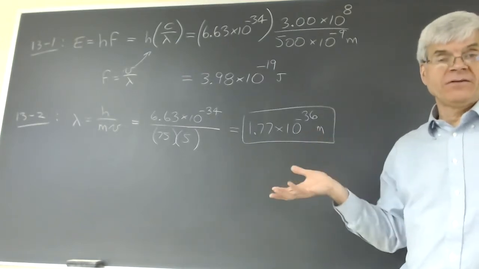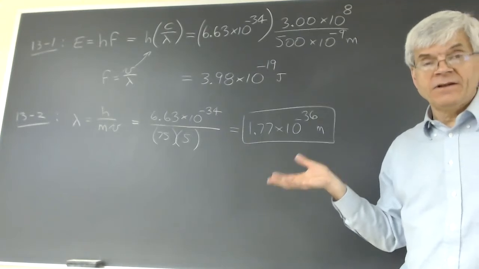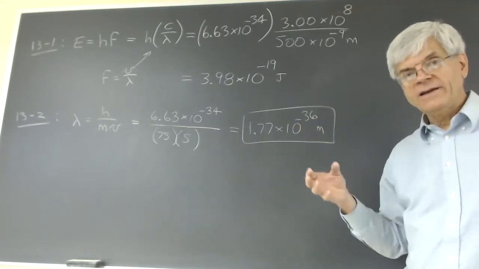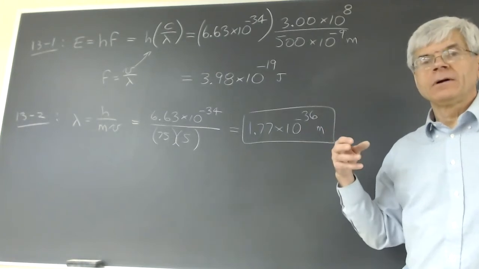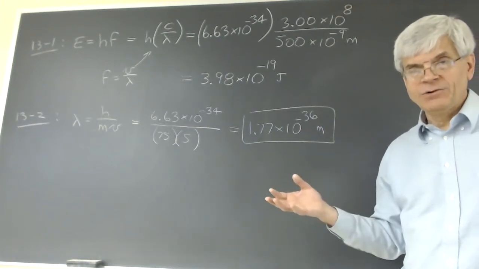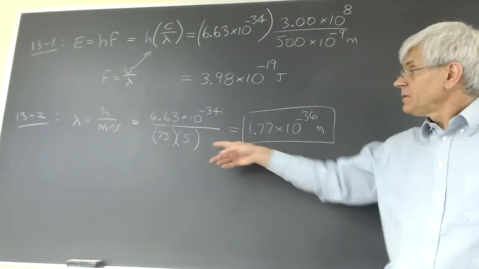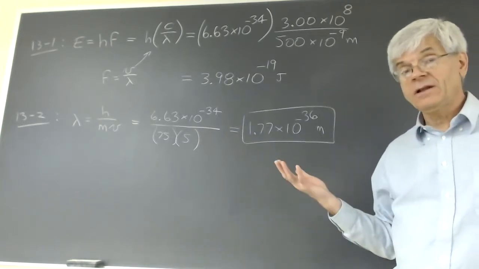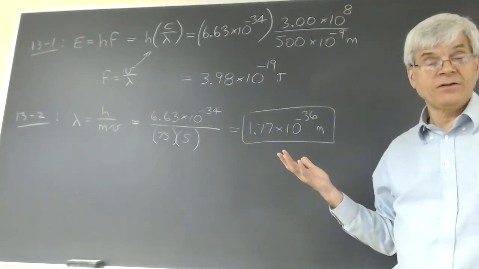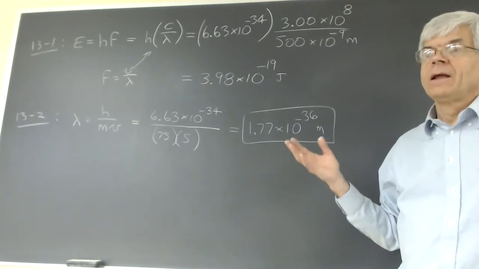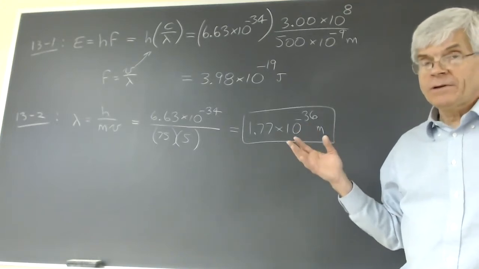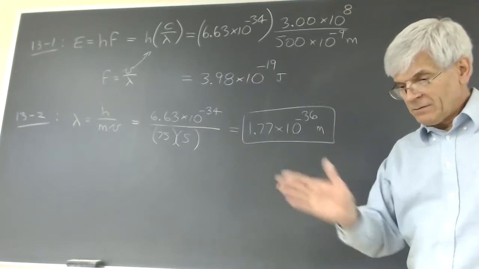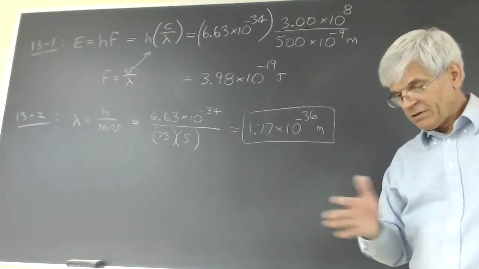And the reason I'm making such a fuss about that is that this is the reason that you don't notice wave behavior for ordinary everyday objects. Like, a person runs through a doorway. Shouldn't you get some sort of single slit interference if a person is also a wave? Well, in principle, yes, but in practice, the amount that they would get displaced,